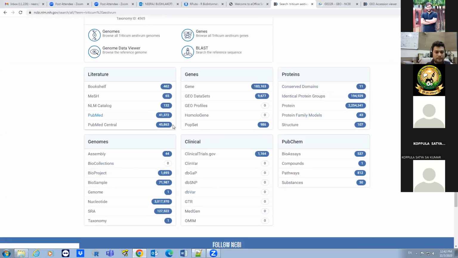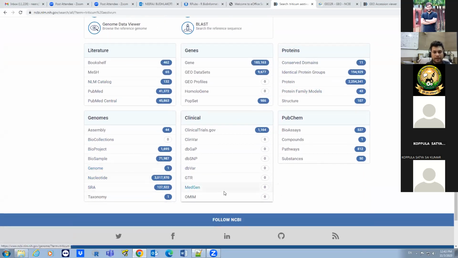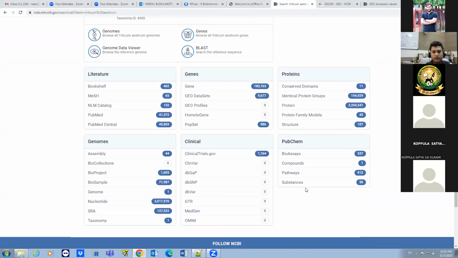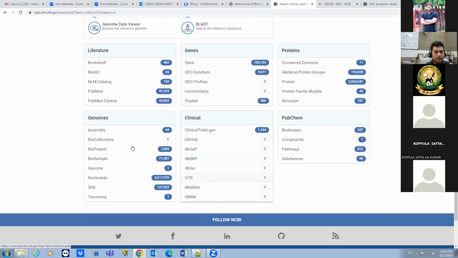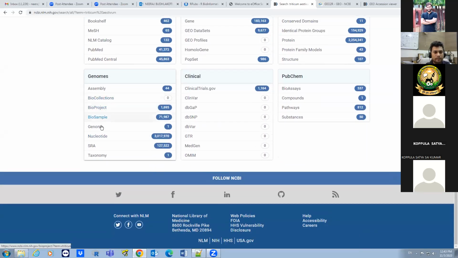So you can see the data. Suppose I want to see whether genome assembly or genome information is available or not. You can see a number of sequence assemblies are available for wheat. Suppose I give you one example, Assembly.